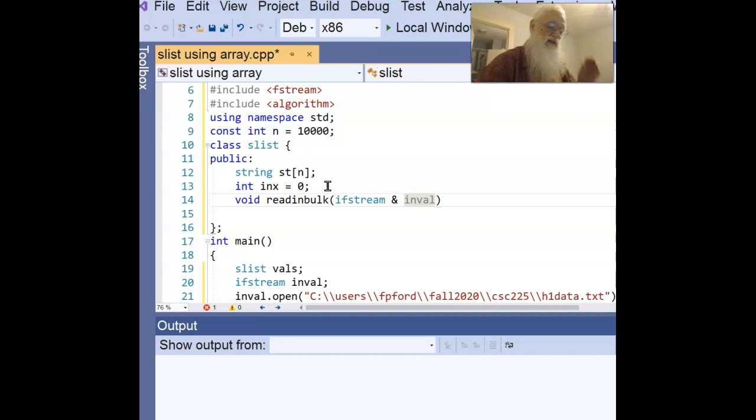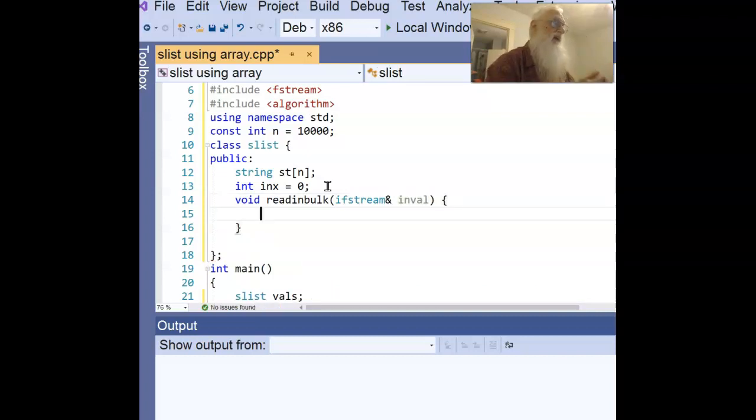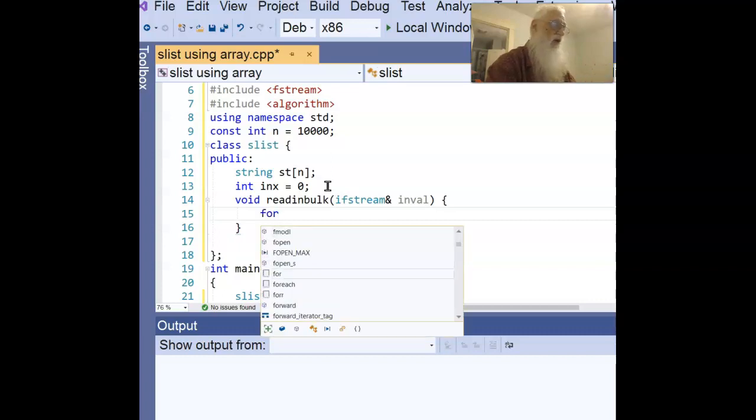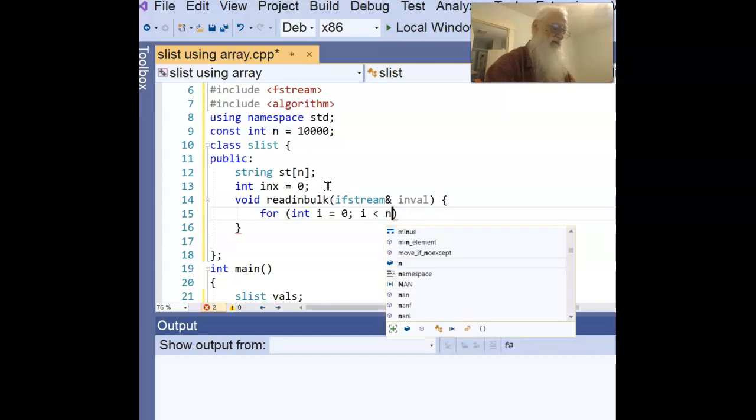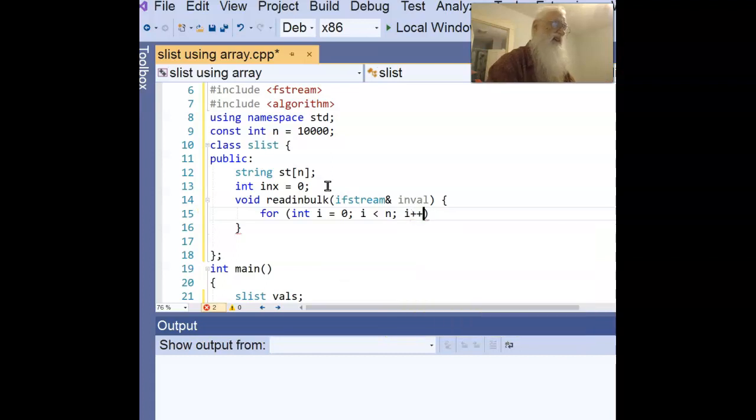It's the same name I used in the other one, but I don't think we'll get into trouble. And all I'm going to do is read in the elements. So I'm going to say for int i equals 0, i less than 10,000, well, pardon me, i less than n, i plus plus,